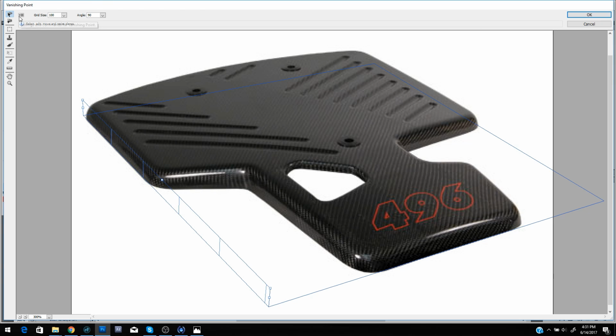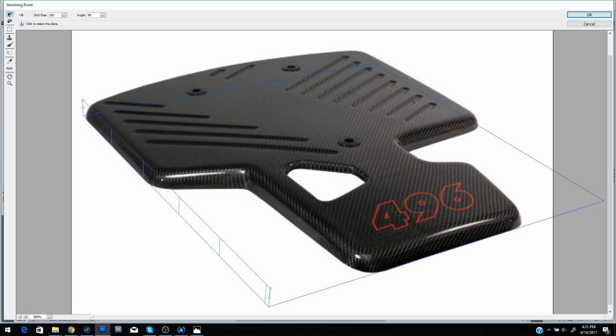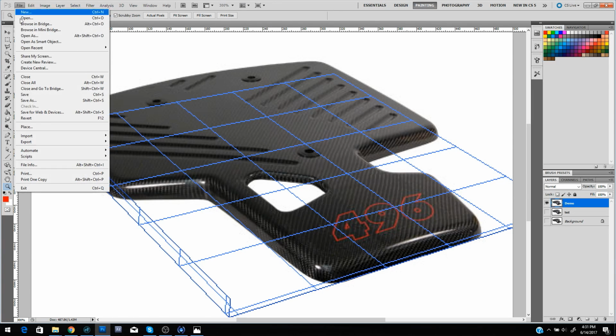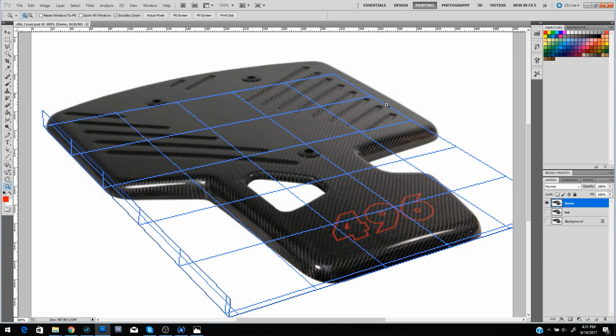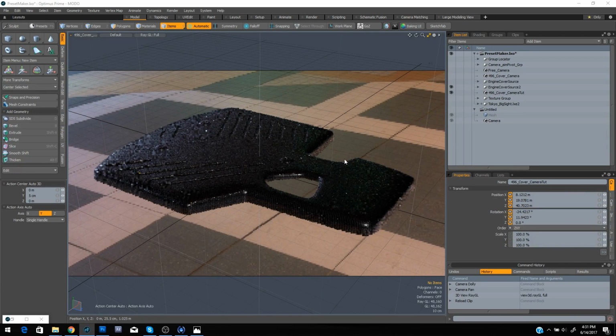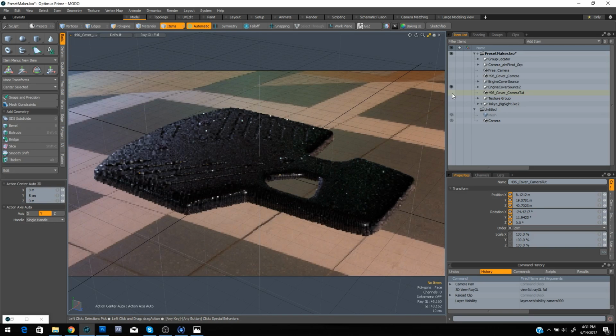I'm going to go and render my grid to Photoshop. Press OK. And here we go. We have a quick grid over here. Now I need to save this image over here. Go back into Modo. And I have an update. So I'm going to turn this